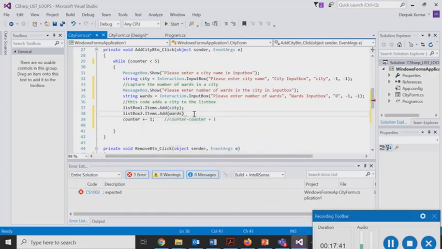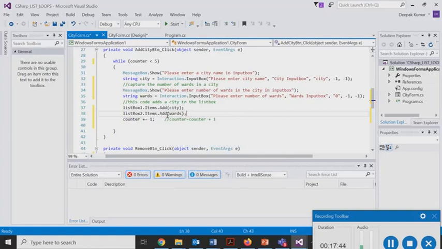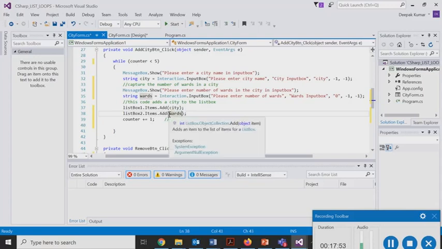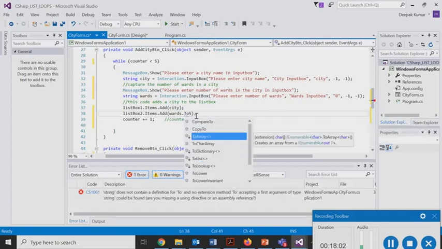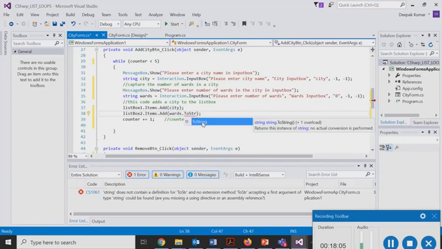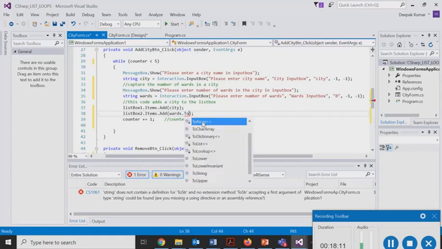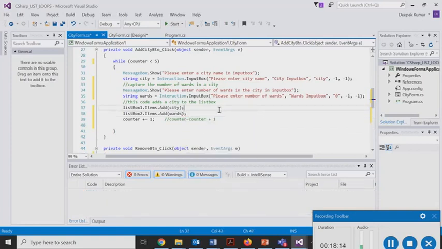Now since I kept this ward variable as a string value, I don't need to convert. Otherwise, if I would have declared it as int, I would have to convert this from integer back into a string value, which can be done by using a toString command. ToString command can be used to convert any variable into a string type. So as I said, in this case we don't need that, so we can leave it just like that, and it should work for us. So listbox2.items.add will have this wards added to this, and we will just demonstrate to you how it works.